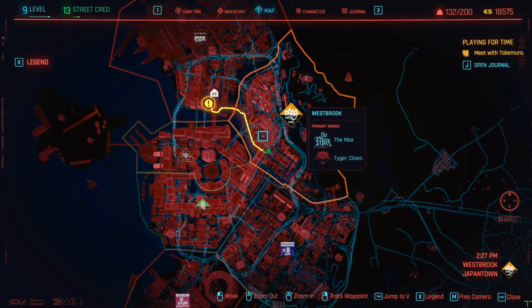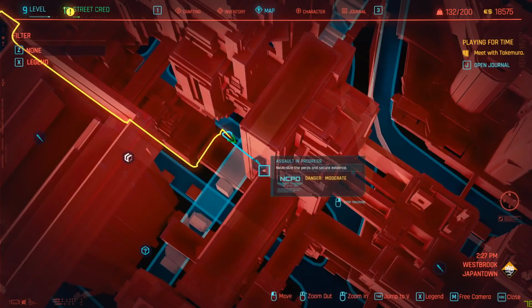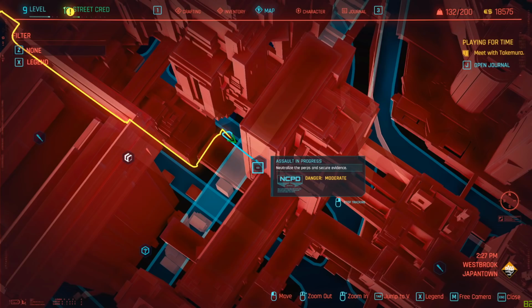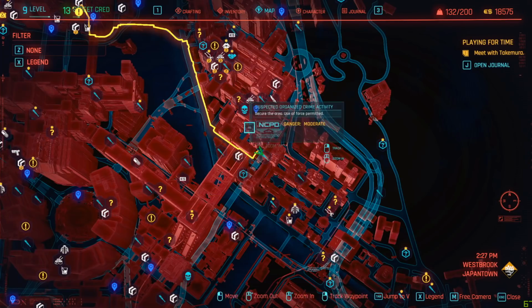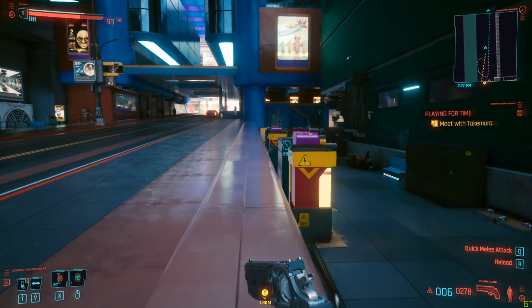So you're going to want to come to your favorite car style area, and then if you zoom in, you'll find these little symbols where you can see there's a baseball bat, and it says assault in progress, neutralize perps and secure the evidence. And there's another one just over here, there's another one here, there's another one there. Now you also get loads of street cred by going to these events, but more importantly, what you'll find if you go there,